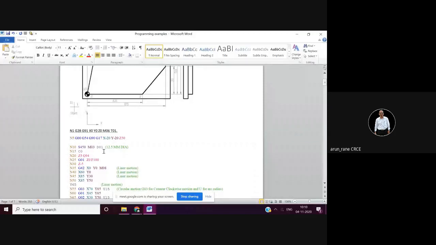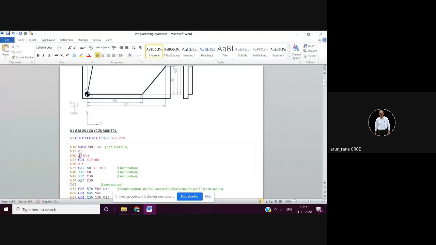So M03 S450. Now this is tool number one, and its offset or its data, that is diameter and length, is given in D01. Then C0, that is nothing but your rotary table orientation, that is the rotary table will come to the 0 degree.